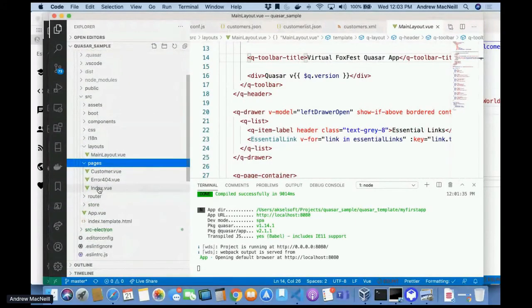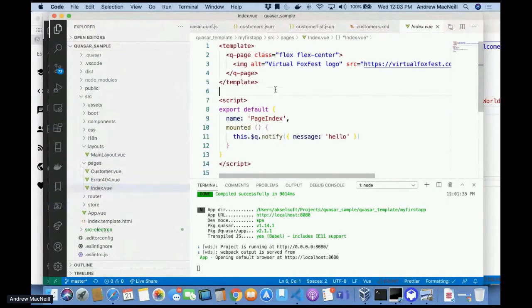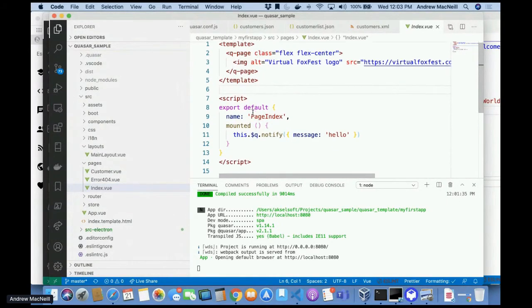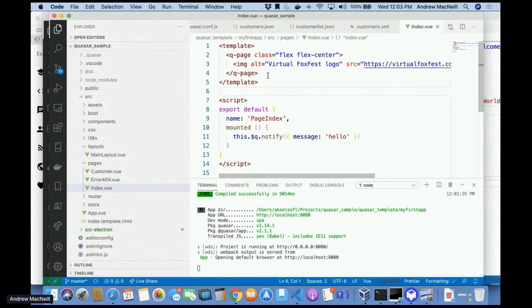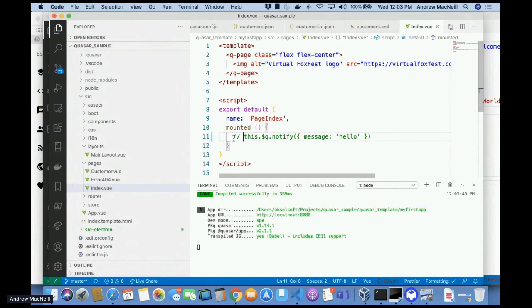It has our index page, which is our main page. And if I just clicked on our index page, we can see right here that it doesn't really have an awful lot to it. In your main page, it's simply saying, here's my template, here's an image, and this is all I'm doing. In fact, I'm just going to comment out this little piece down here until we take a look at it. And now if I look at our core application,